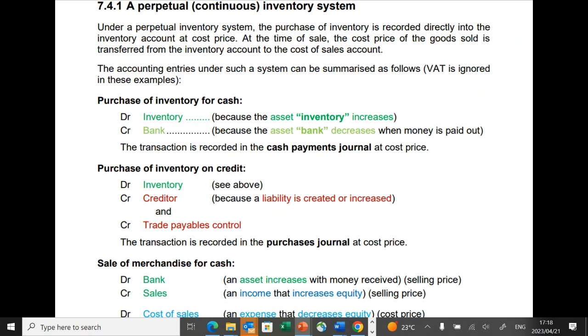And what are we going to credit? If we purchase inventory on credit, we're going to credit that creditor, and with what? With our trade payables control. Remember, trade payables control, it's what? It's a liability, and we know liabilities increase on the credit side. That's what we are crediting, trade payables control, because we did not pay for it. We are still owing. So this is recorded where? Under your purchases journal at a cost price. Number two,